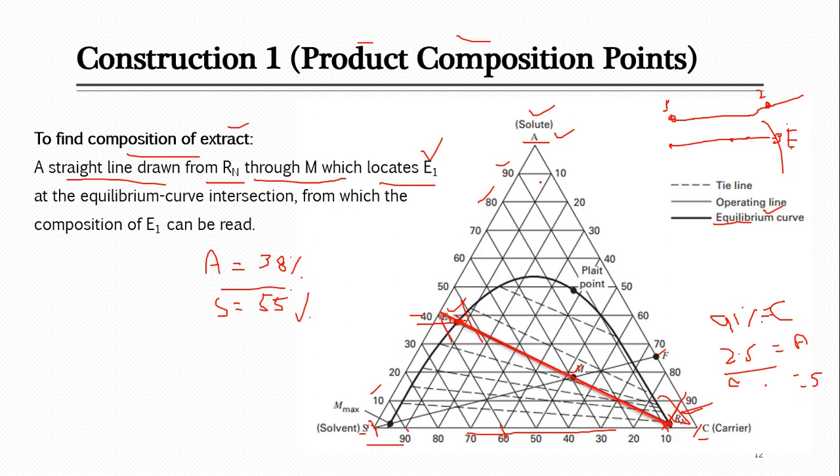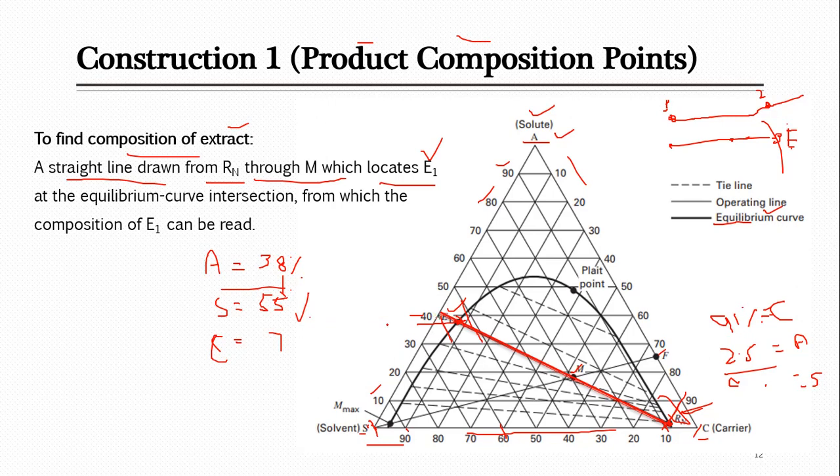You can see that this scale on the left side is for the carrier, and if you draw the line, less than I think 10% will pass from here. Overall you can also see from this data it should be exactly 7%. So if you sum these, overall it will be 100%. Yes, it will be 7% carrier in this extract